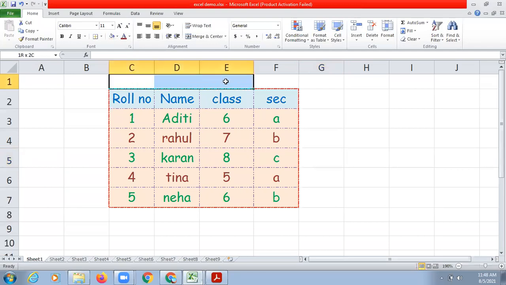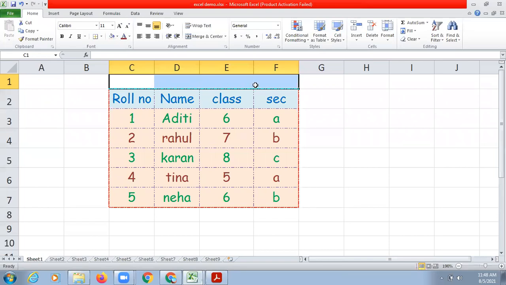So what I'll do is I will select all the cells together, and I wanted to convert all the cells into a single cell, so that whatever I write here should appear at the top of all the cells and look like a single cell. To make all the cells a single cell, to combine all the cells, to join all the cells, this is called merging. So how can we merge the cells?